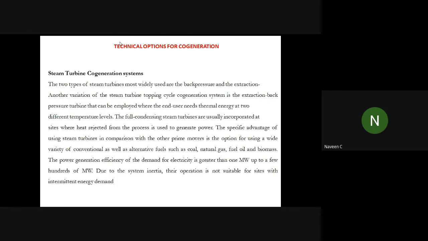There is a specific advantage of using a steam turbine when compared to other prime movers, because there are other prime movers also. We are going to see the other prime movers: natural gas turbines, we'll say Brayton cycle, and also IC engines. Still IC engines are used to generate power, especially in the UAE and Gulf countries, because they are blessed with a lot of crude oil. They don't have coal, they have more crude oil, so they are not using steam turbines. Still they are using IC engines, your petrol engine or diesel engine, where they give the crude oil and, using a piston arrangement, they extract the power.